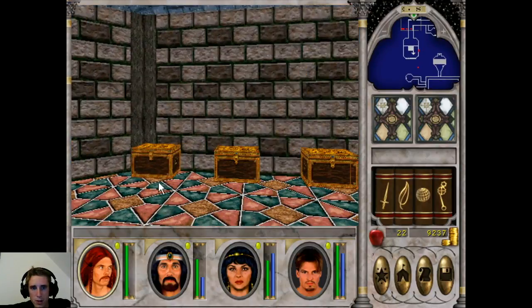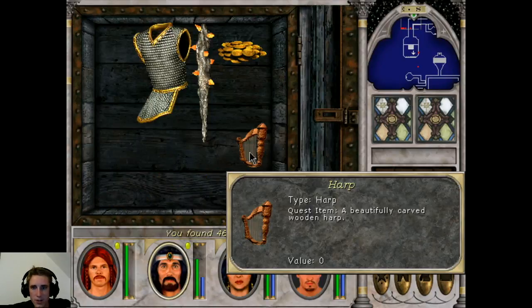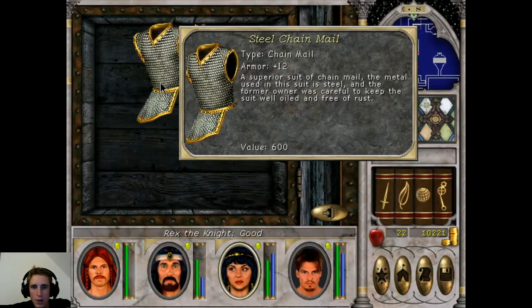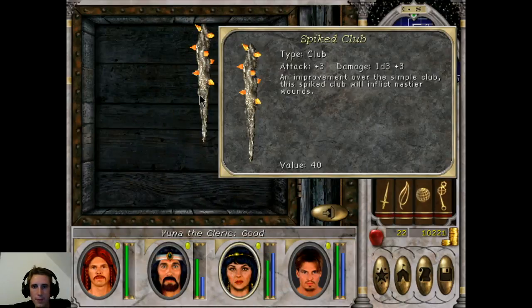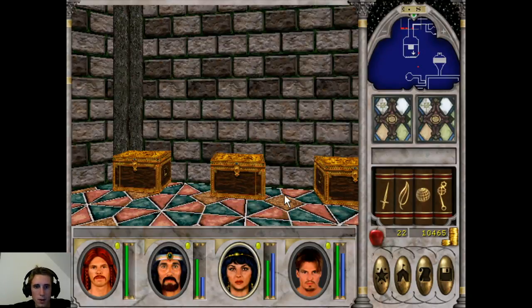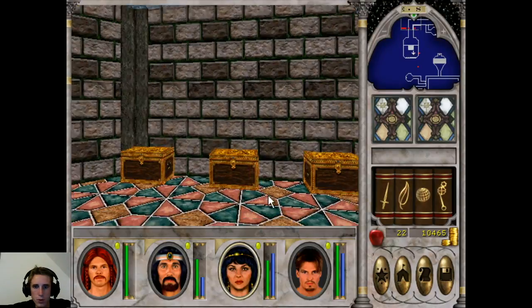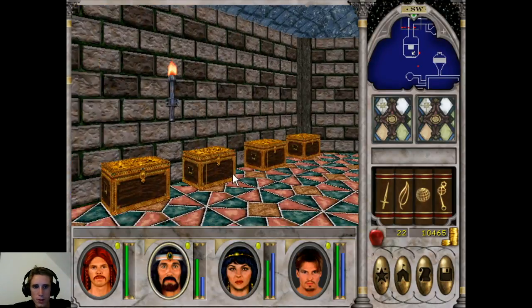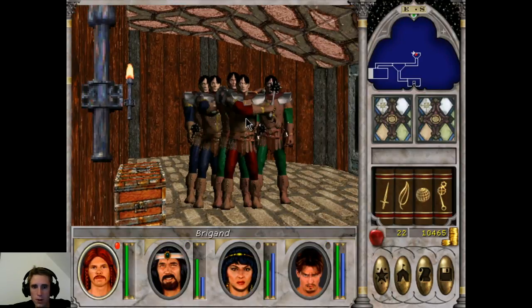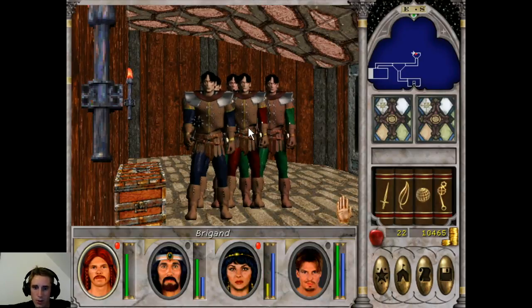So I'm just gonna take chest number 2. And that's the harp. I don't know. Ooh, and a chest for our cleric. And a club. And some gold. Okay, save the game. So we've got number 2. Number 3. That's the teleporter. Ooh, yeah, we can actually just do this. It's just around the corner, so...